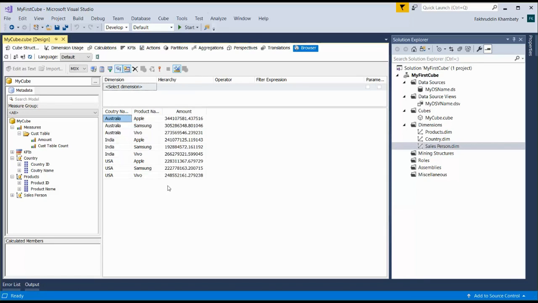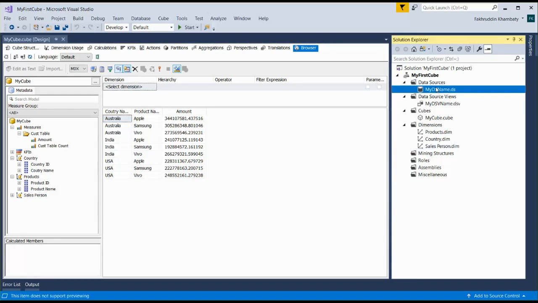The same thing, if I attempt to do it in SQL right now, it will keep on executing for minutes. And as we saw in the previous video, if you have not seen the previous video, please see it. Everything will make sense. So this is our very first cube. We created our own data source view, cube, and 3 dimensions.